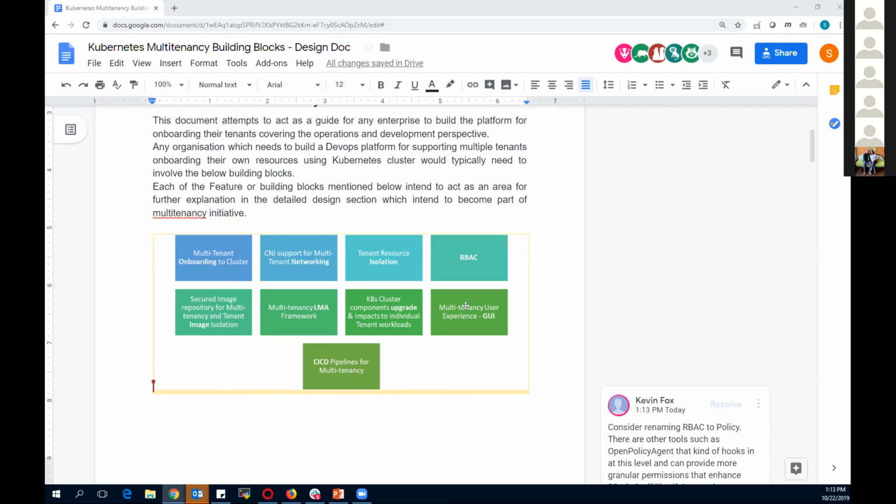So those kind of things. And then finally, the CI/CD pipelines to allow the tenants to automatically instantiate their resources. So this will need separate pipelines or things like that for the tenant.